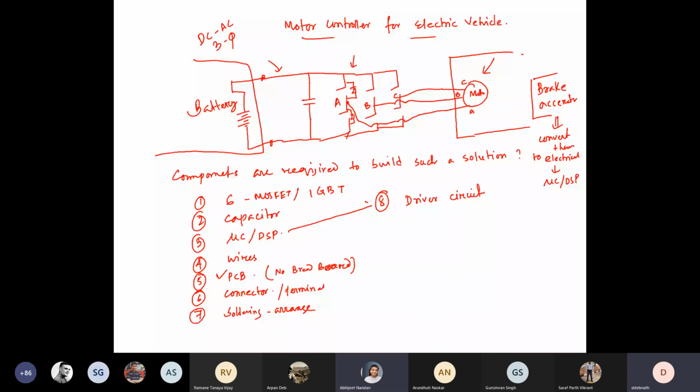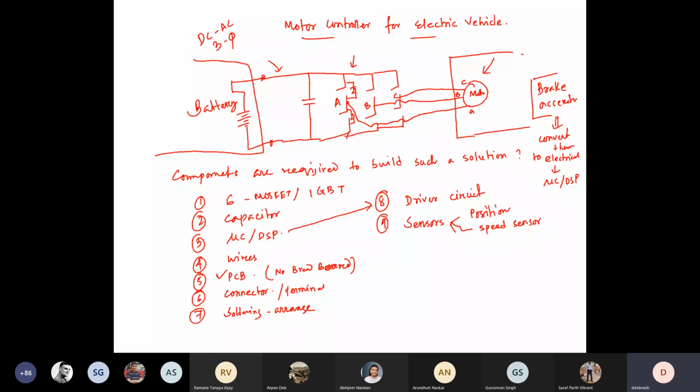Sir, sensor. Yes, that's a very important thing. Sensors. What kind of sensors? Hall sensor. What does it give you? The position of the rotor, yes sir. Sometimes I need a position sensor. Sometimes I need a speed sensor. Okay. These two are not the same, remember. Though from a position sensor you can get the speed, you need to know the initial position.